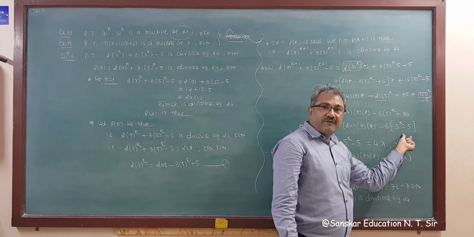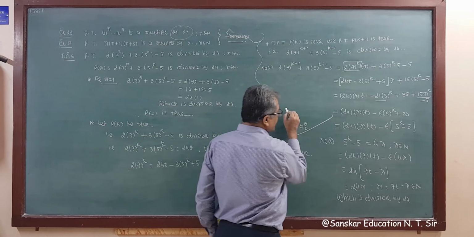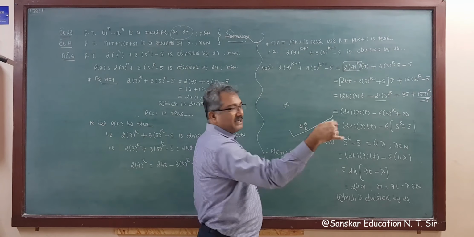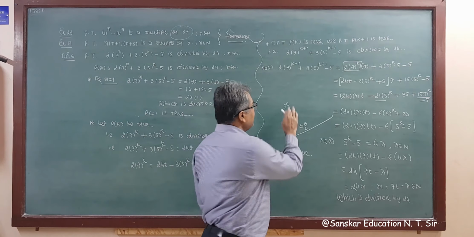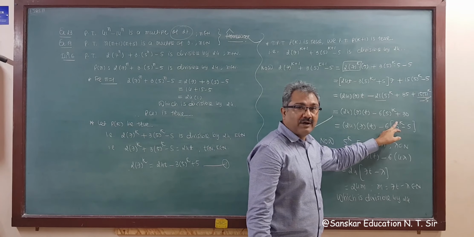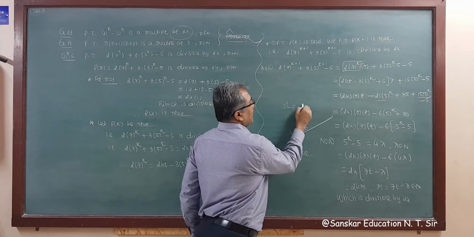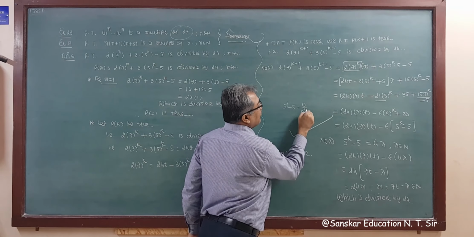If we substitute k equal to 0, then again I am explaining, k equal to 0, then 5 raised to 0 minus, sorry, k is equal to 1, because we are taking natural numbers, k equal to 1, 5 minus 5, that is 0, is divisible by 24 always,